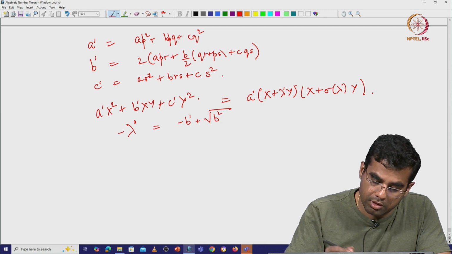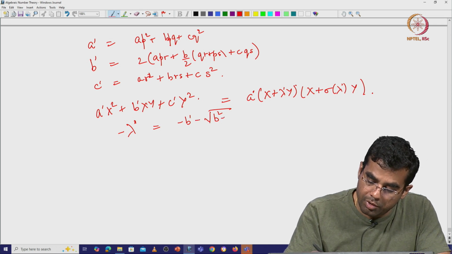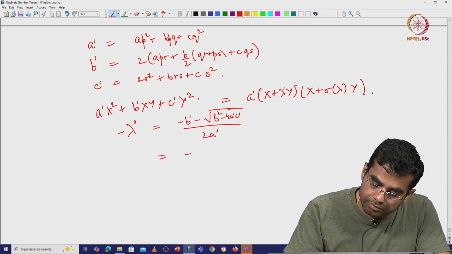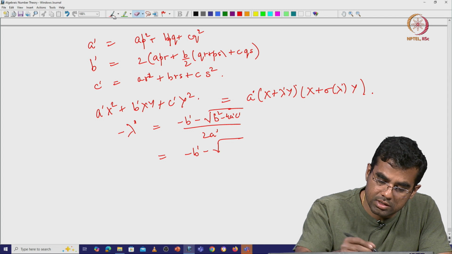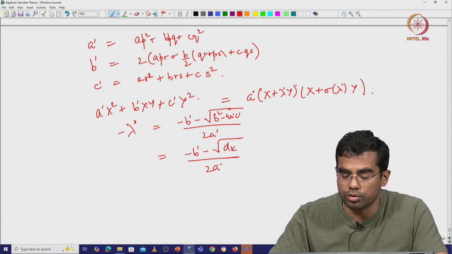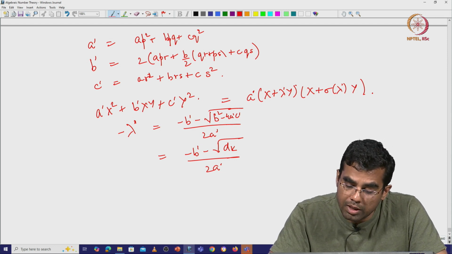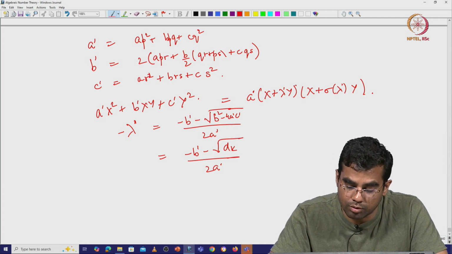Yeah, minus lambda was the right thing, I guess, right. But you see that the discriminant is the same. So this does not change, I can replace this by square root of dk. So b squared minus 4ac is the same as b prime squared minus 4 a prime c prime. So this is some calculation that we had done before,